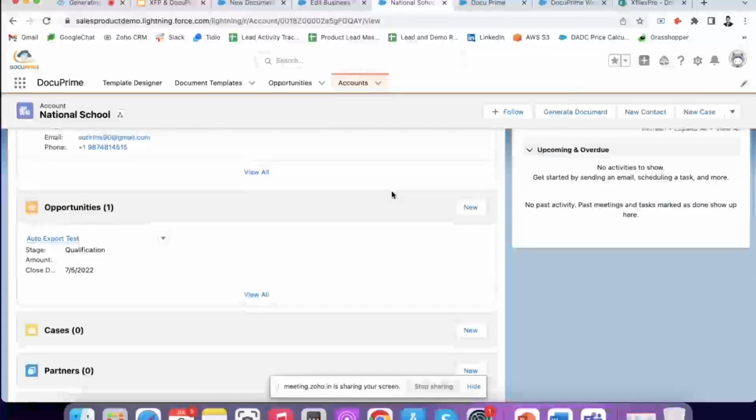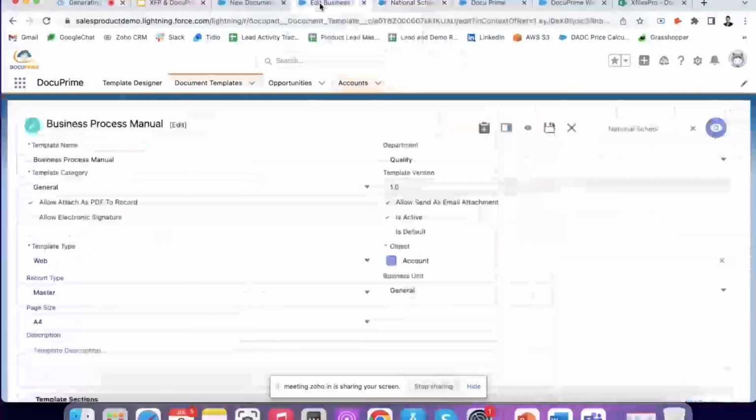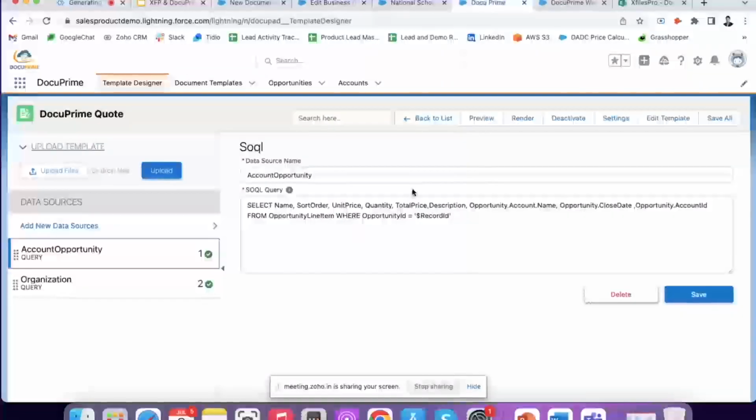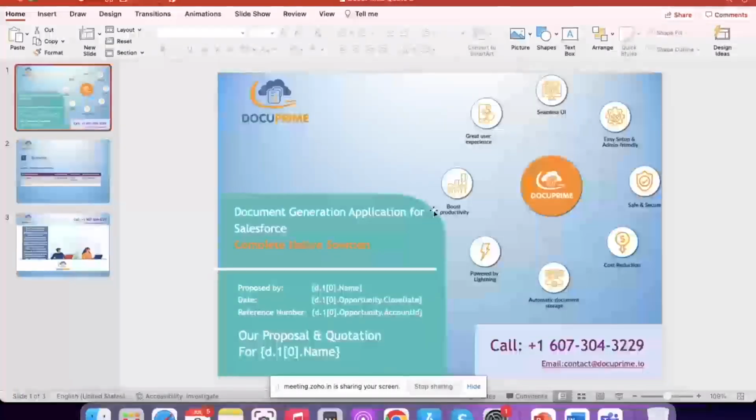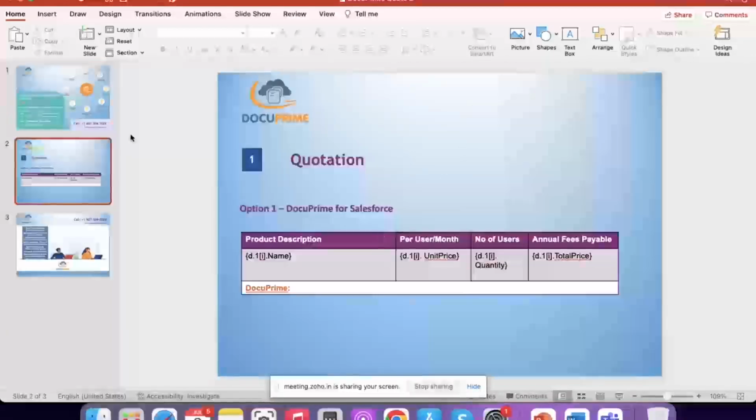So for that, I'll be using a different template. So if I go here, you see, I talked about the document designing in Salesforce using DocuPrime. Now you would be saying, I have a very high quality document which is designed by my marketing team using Photoshop, and it's very feature rich. Maybe something which looks like this. You have all those details, different colors, transparency maintained, a logo and a font that may not be supported by Salesforce, but we have an answer for